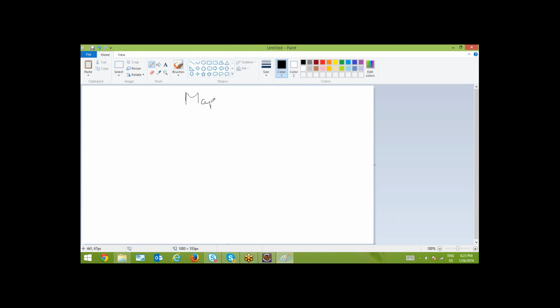So map is an interface in which all maps store key value pairs. Keys and values you can store. Whenever this kind of association needs to be stored, the right side is an object, the left side is keys. If you want to store this kind of data structure, we go for the map interface.